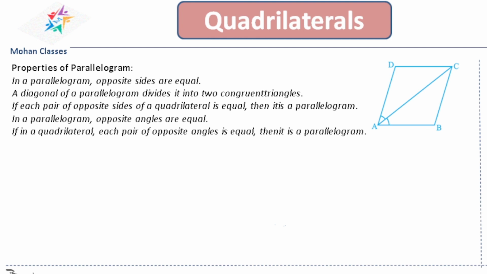AC is the diagonal of the parallelogram ABCD. Okay. So in triangle ACD and triangle ABC,